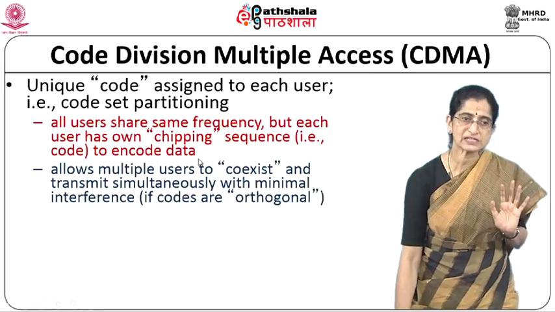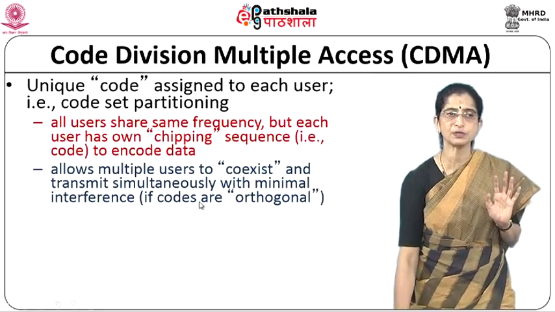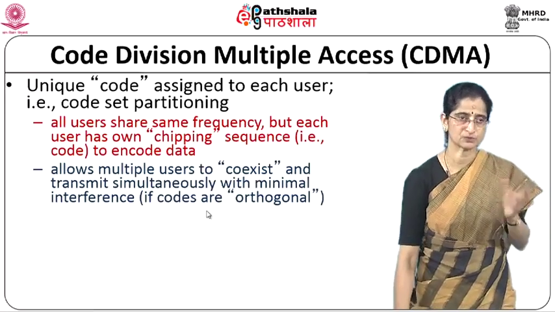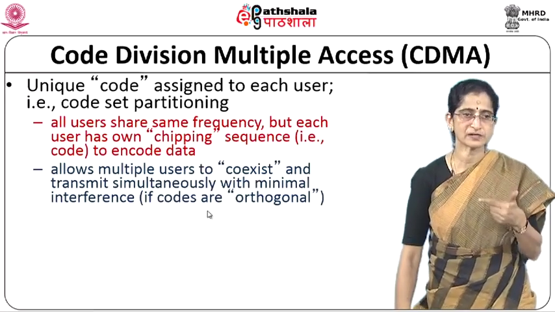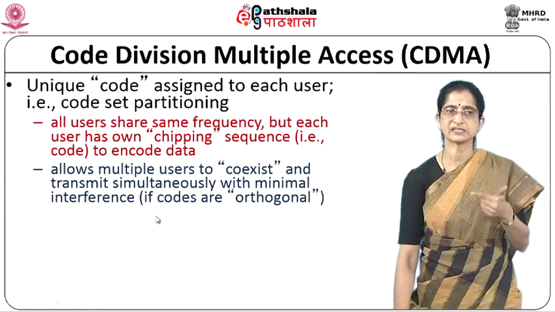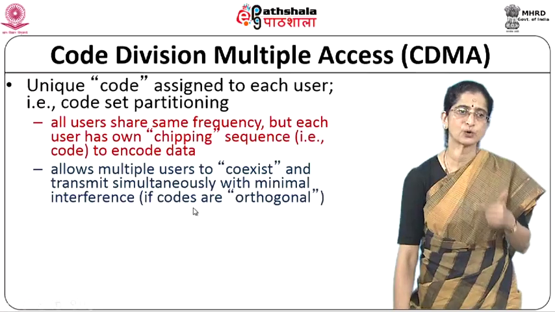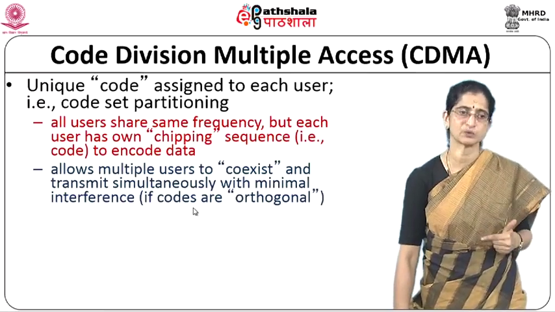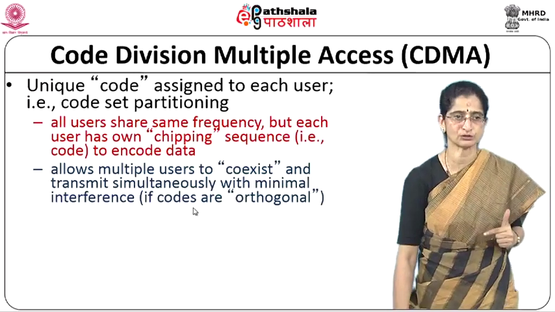Now all this happens because the codes are chosen to be orthogonal to one another. Remember, if they are orthogonal, you can always separate them out easily. You can look at orthogonal as saying two vectors are orthogonal when x dot y is 0, right? That's the same idea that we use. So if you can represent the codes as vectors, and you choose these vectors such that they are orthogonal to one another, you've got your codes which are orthogonal to one another.